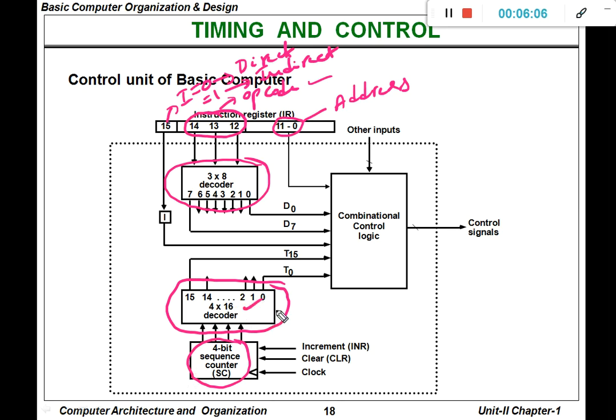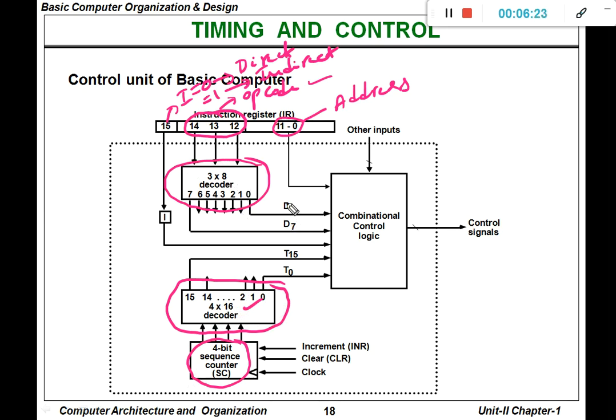That is, we provide 4 inputs and generate 16 different outputs. Similarly, here we are going to use a 3/8 decoder. What does it mean? We use 3 inputs and 8 different outputs.